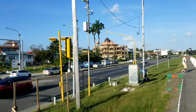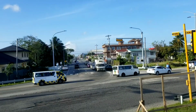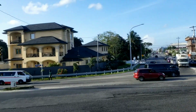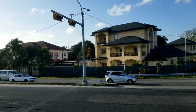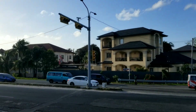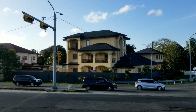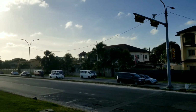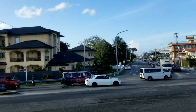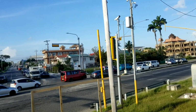It's a triangle because its boundaries are Rupert Craig Highway, Sheriff Street and David Street Kitty, coming to an end at Public Road Kitty. On the opposite side of Sheriff Street is this neighborhood. It's called Bel Air Gardens, and Bel Air Gardens I think goes all the way to, was it Bel Air Springs and then Lilindale. But I want to show you what property has been constructed here in